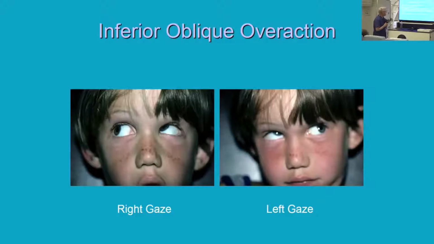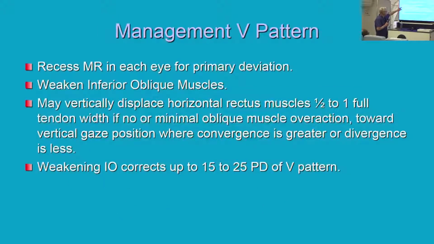So the management of this V pattern in this case is you can recess the medial rectus in each eye for the primary deviation, depending on what the measurement is. You can weaken the inferior oblique muscles, and you can also, if necessary, because if you have a large esotropia in downgaze, you may want to correct that by vertically displacing the horizontal rectus muscles, as written here, one half to one full tendon width